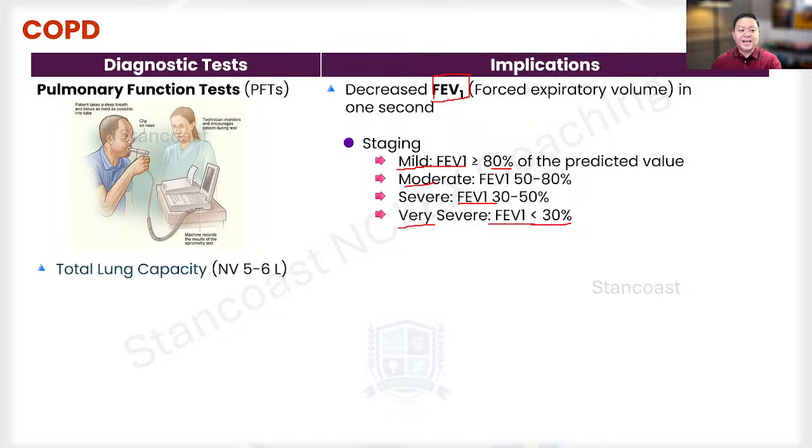Okay? Now, talking about the total lung capacity, what is this? The total lung capacity has a normal volume of about 5 to 6 liters, and we are talking about the amount of air that the lungs can accommodate. That is the capacity of the lungs at some point. So talking about the total lung capacity, this is going to be increased in COPD. Why? Well, because the alveoli are hyperinflated, right? Remember, chronically, as time goes, this is going to be hyperinflated.